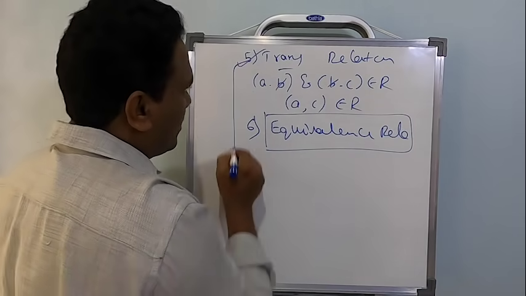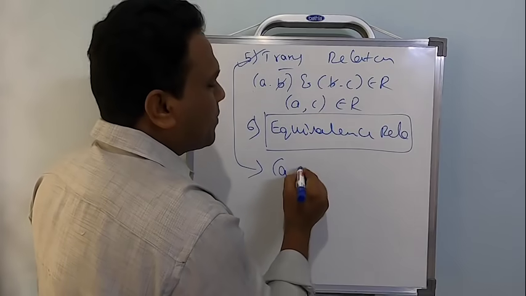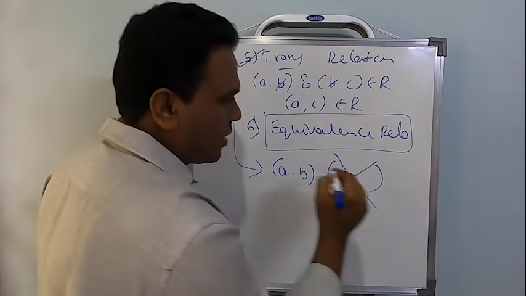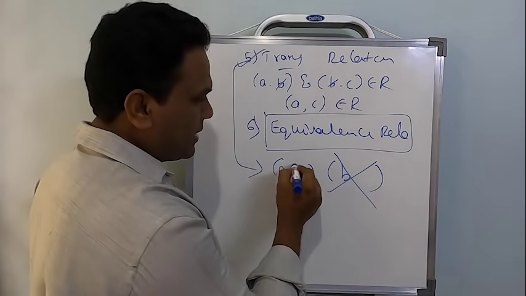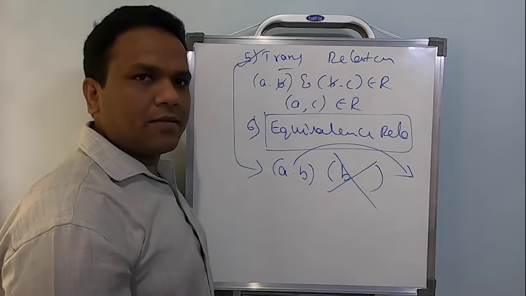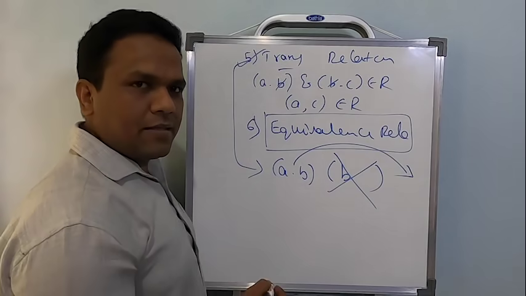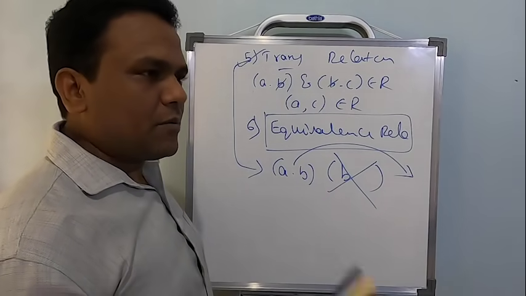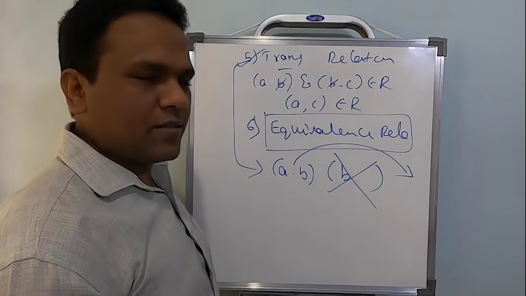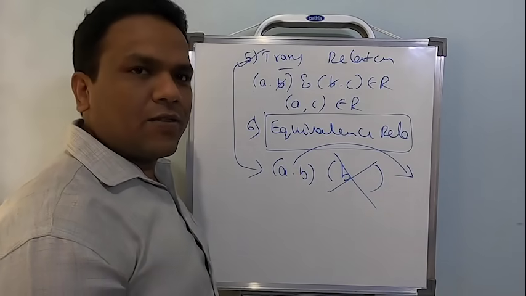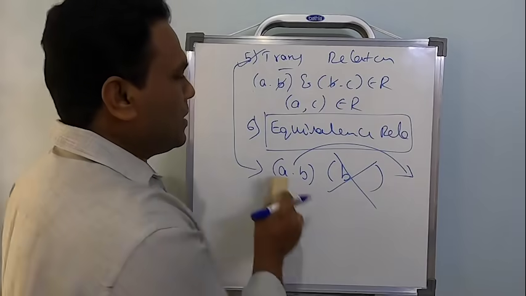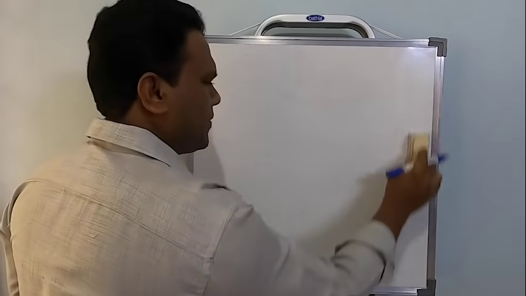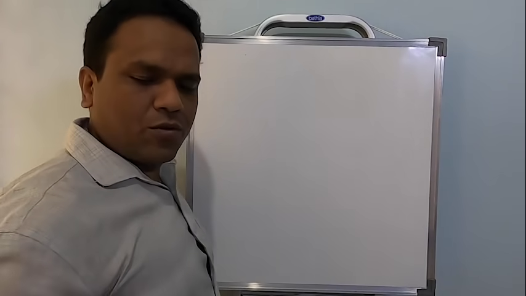And when explaining, I said something also: (A, B) is there, but there is no ordered pair starting with B. This does not exist at all. Then you say that this itself will satisfy transitive, and it will be called trivial transitive. It's not mentioned anywhere as trivial transitive, but if you Google it, you can find this concept. So this satisfies trivial transitive. So we have studied all these types of relations in the previous class. We worked a few examples also.